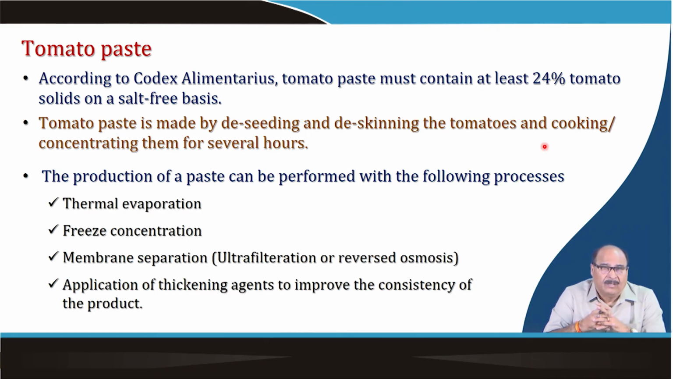So, the normal process conventionally used is thermal evaporation, but freeze concentration and membrane separation like ultrafiltration and reverse osmosis are the potential processes. They can be used for making the paste, and these processes will give a paste of better quality. Even sometimes the industry uses some permitted thickening agents to improve the consistency of the